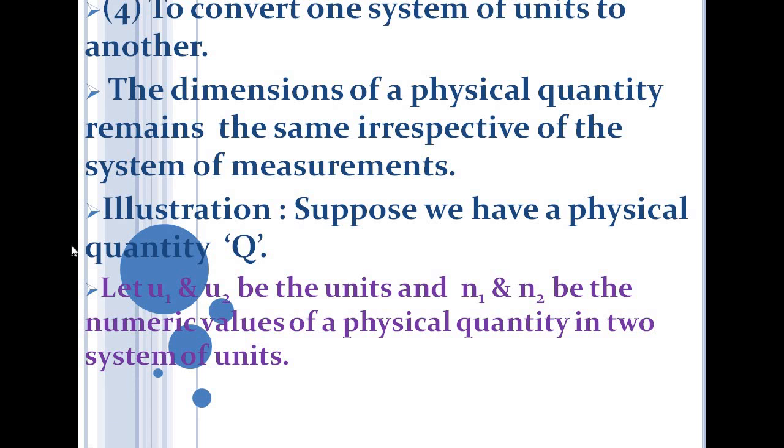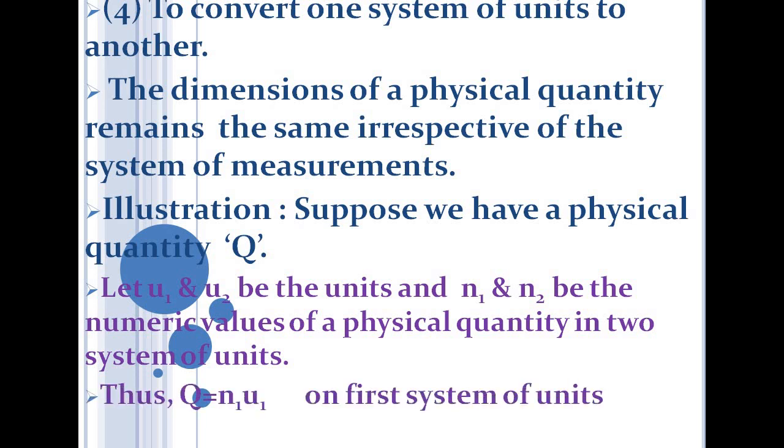So if we have chosen two different systems, units are in general different, maybe the same in some cases. For example, in case of time, whatever you choose, CGS or SI, the unit is the same. So in general the units may be different in different systems of units. Let U1 and U2 be the units in two different systems for the same physical quantity, and n1 and n2 be the numerical values of the physical quantity, let's suppose Q, in the two different systems. Then we may write